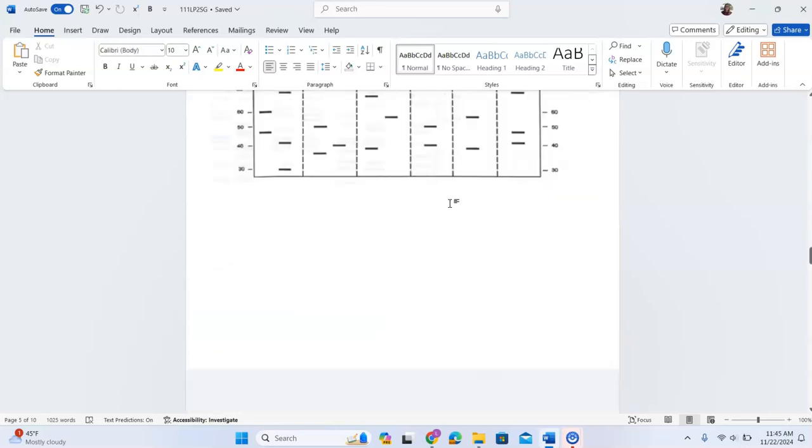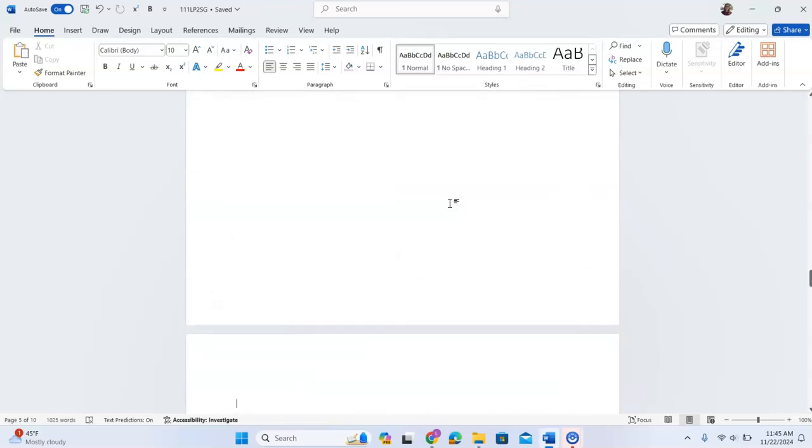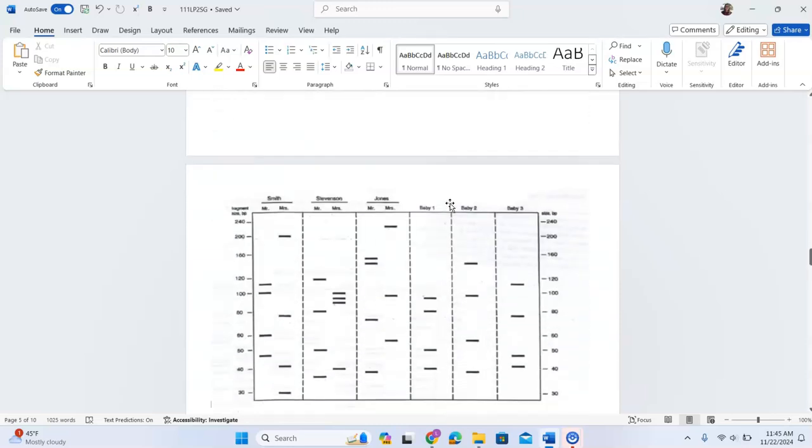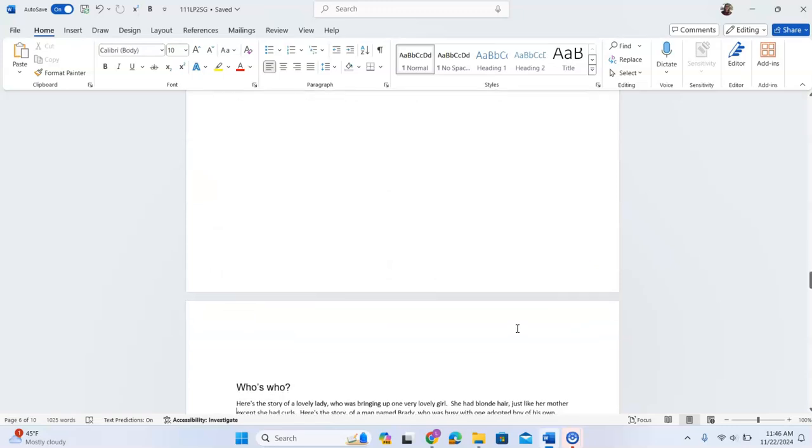For the mix-up at the hospital, I always forget this one. Okay, so baby number, I always remember baby 2 is the Joneses, but baby number 1 is the Stevensons, and baby number 3 is the Smiths. All right, then we have,